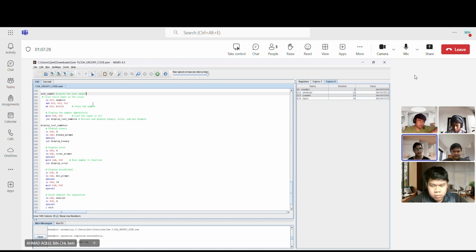Yeah, thank you. So now I will be talking about how the last input is handled. So on line 149 to line 153, the last input will be stored in an array. And then on line 155 to line 157, the input will be stored into $T8 before jumping into the display last numbers label, which